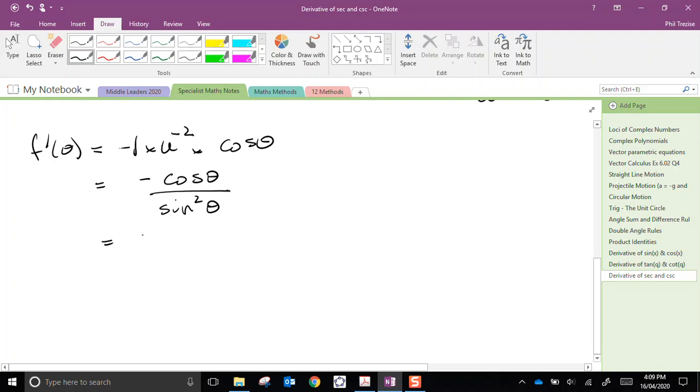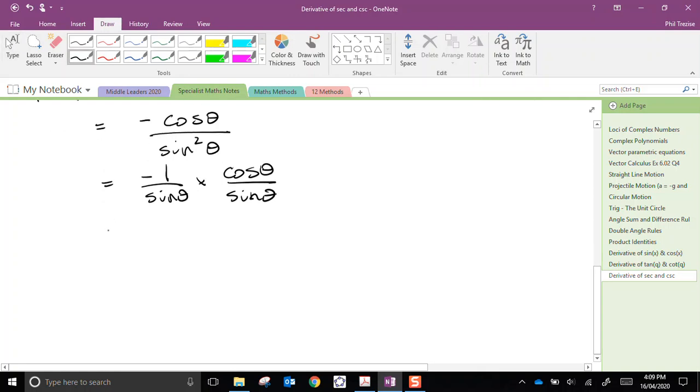I think I'll write this as negative 1 over sine theta multiplied by cosine theta over sine theta. Now, 1 over sine was cosec, so that's negative cosec theta, and cosine over sine is cot,